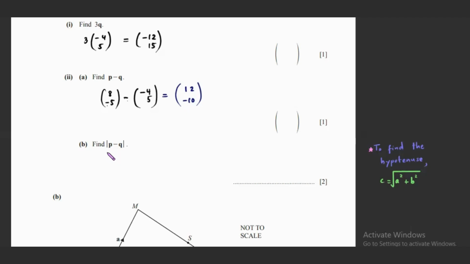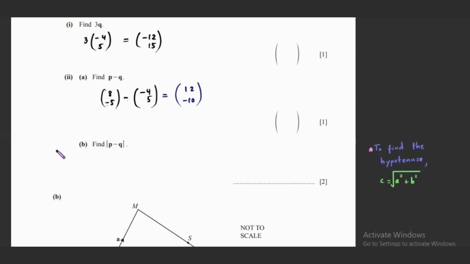The next question is to find the modulus of P minus Q. This means that to find the length of P minus Q, it is like you're trying to find the hypotenuse in a right-angled triangle. So this P minus Q has a vector of 12 and negative 10, which means it's going to go from, now,